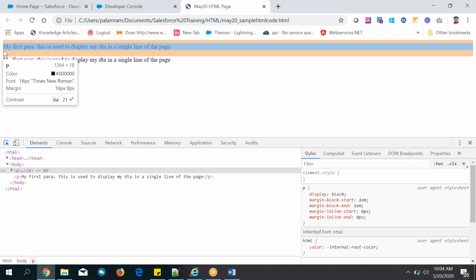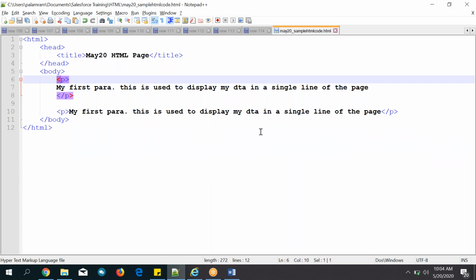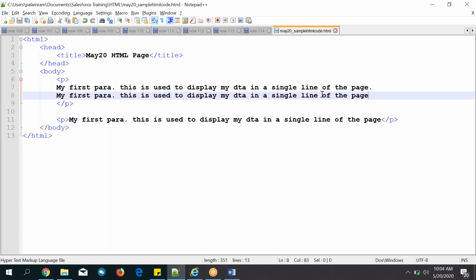See here, the paragraph tag. You can see from left to right full space it is occupying. So much space is there, and even if you want to type more, it will occupy till there.